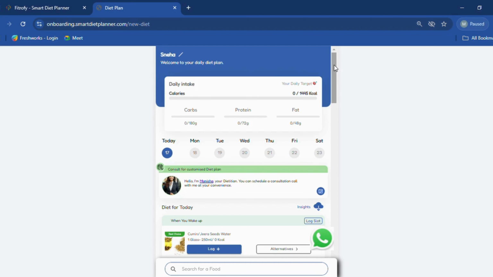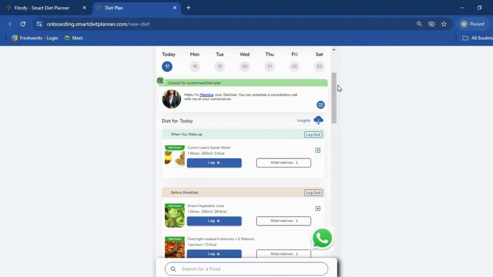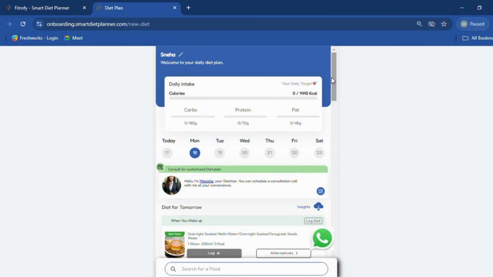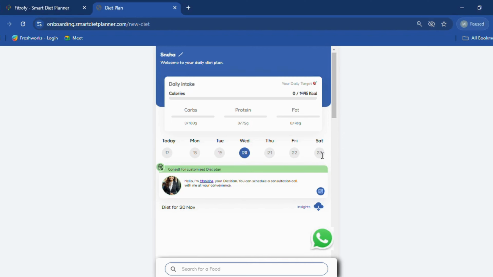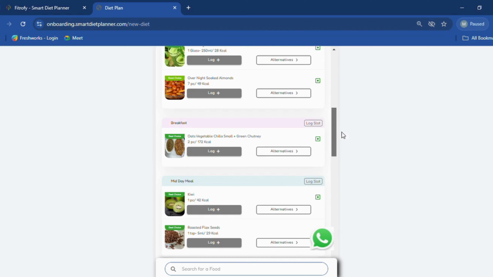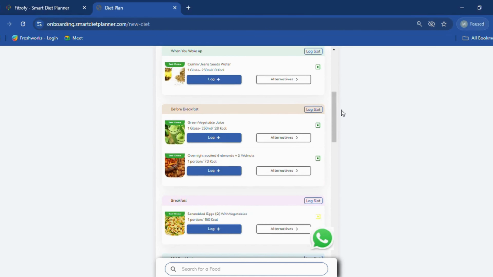First, they can plan the grocery by looking at the future days' diet plan. Say I want to plan grocery or I want to pre-plan anything a night before in terms of the next day's diet plan. So I can click on the future day diet plan and see if any pre-planning is required. If I want to plan the grocery, I can see the complete week's diet plan and accordingly plan the grocery. Next thing, if I want to check how much I have to eat, the portions, I can scroll down and in front of every meal item planned, the portions are mentioned.